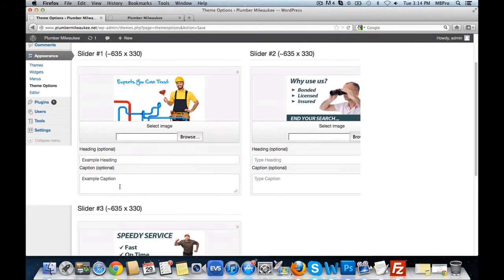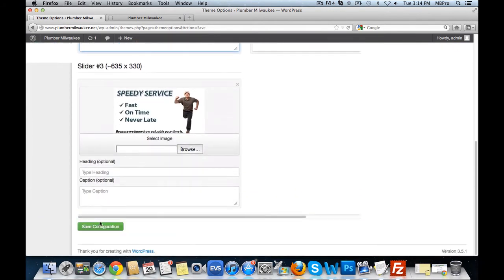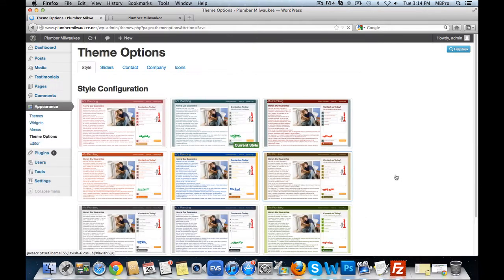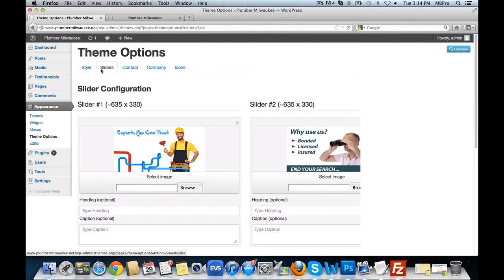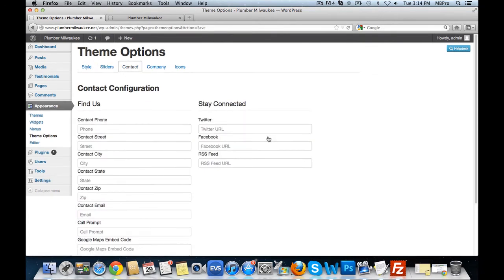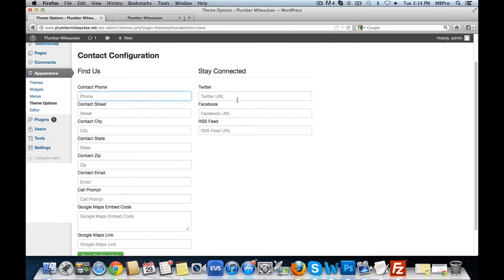I'm going to go ahead and delete that example because I like it just without it. And I'm going to hit Save Configuration. Okay, so that's how we pick a color, and that's how we add sliders. Now let's go over to the Contact section, and we can come in here and enter in all of our information. So I'll enter in phone number, the street,